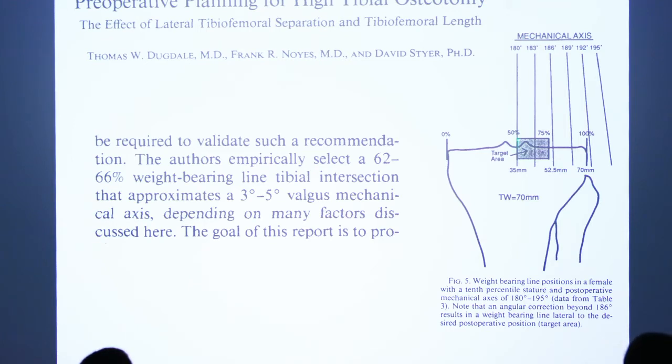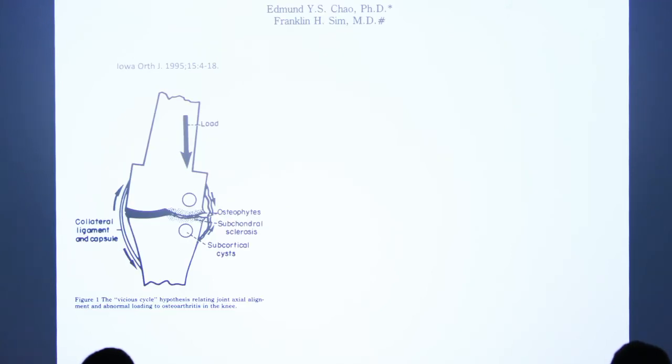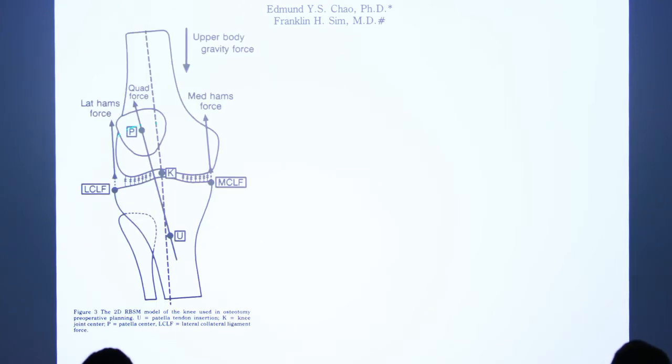Today we rather go to 55 to 60%. So we are even under this recommendation from Noyes and Dugdale from back then. But there were guys back at the Mayo Clinic even smarter, like Edmund Chao, who is an engineer. And Edmund Chao said, well, if there is a testing concept for that, where can I find that? So he looked into the mechanics of the car engineers in Japan. And they had a rigid body spring model for creating mechanical models, actually. And so he just transferred this rigid body spring model to the human knee, added some quad forces, muscle forces, and so on,